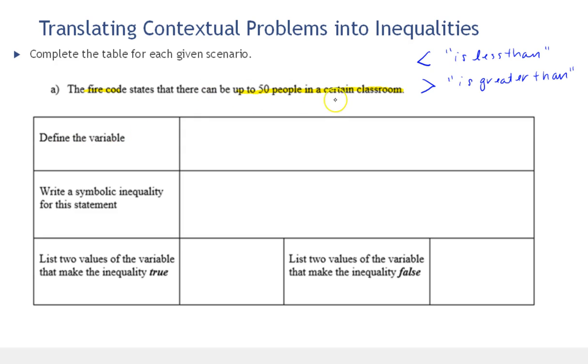So what's the variable here? What's the unknown or the value that could change? And that would be the number of people in the classroom. So I'm going to let n equal, I'm going to call it n for number of people, the number of people in the classroom,